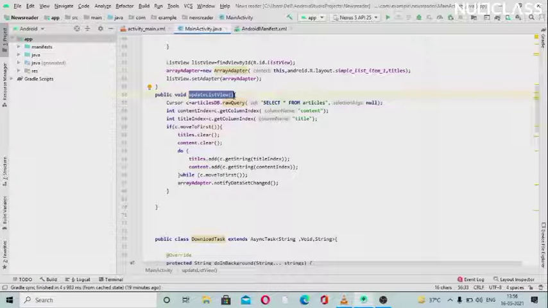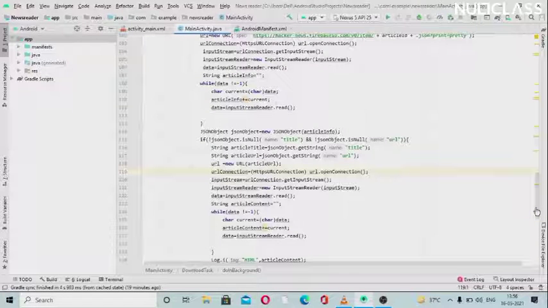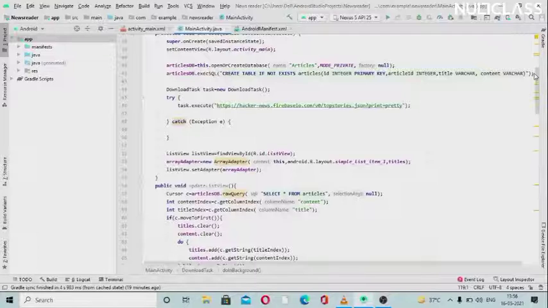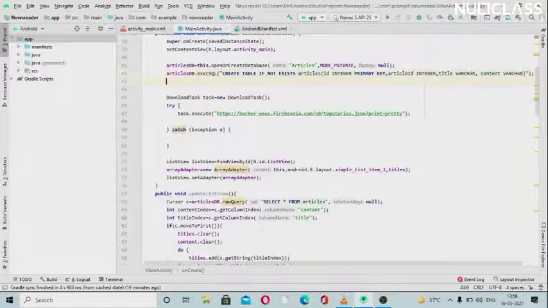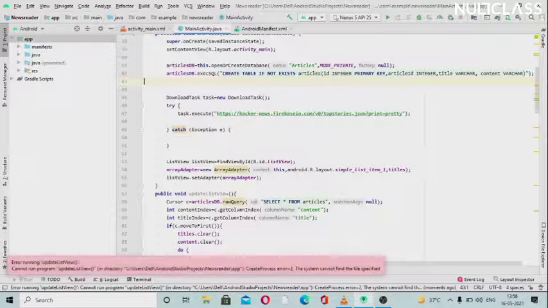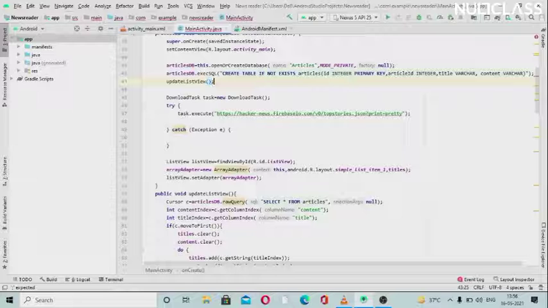So we want it in a couple of places, so we'll just copy it. And the first one I want after we have called the database. So I want it here, like whenever we get the information from the database, we will update that list view. Okay, so just go here and click enter. I'll just paste it here. I think I clicked somewhere else, so I'll just come here and paste it right here.